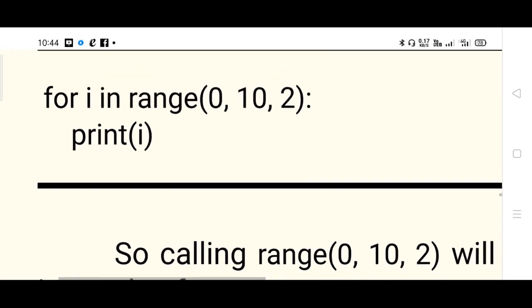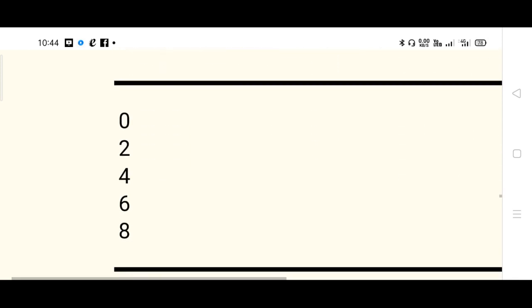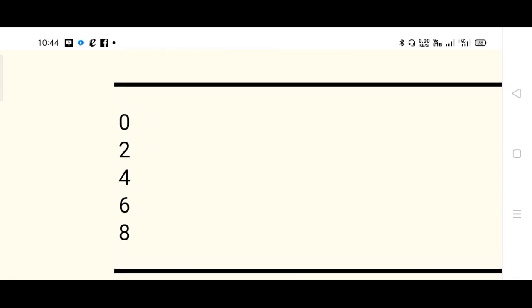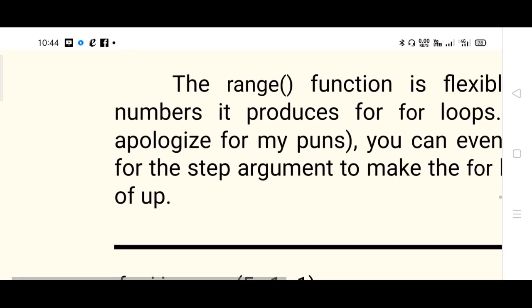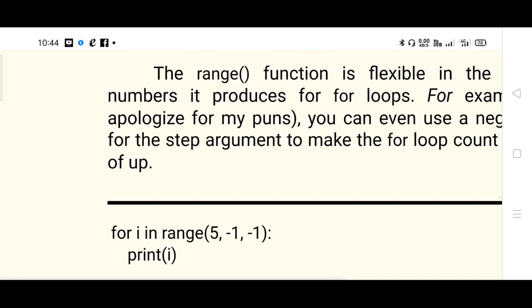Please remember that. So here is the output: 0, 2, 4, 6 and 8. These are the range of values you could see on the output screen. 10 is not printed because it is the last number you are supposed to exclude inside that range function.